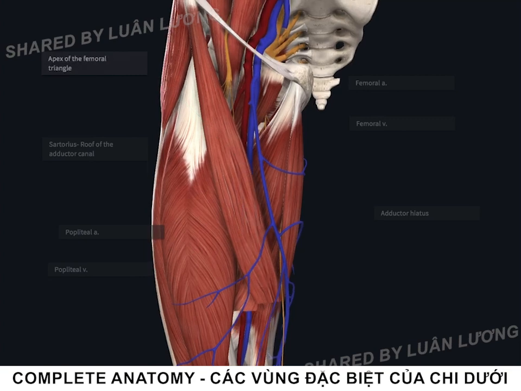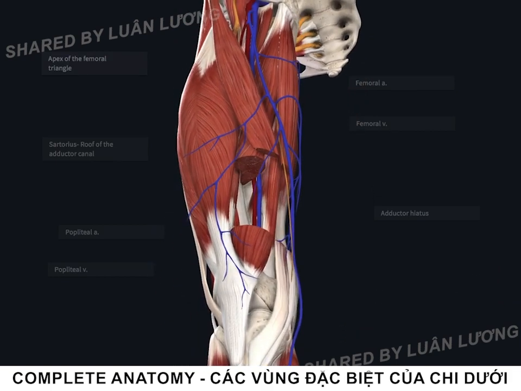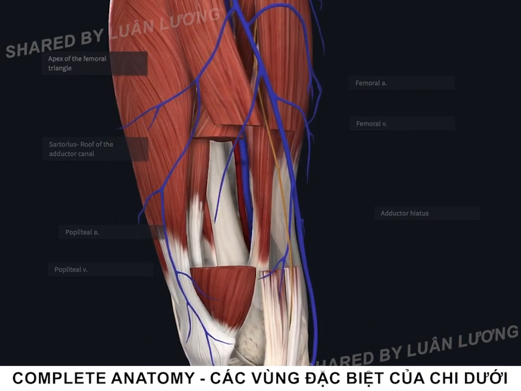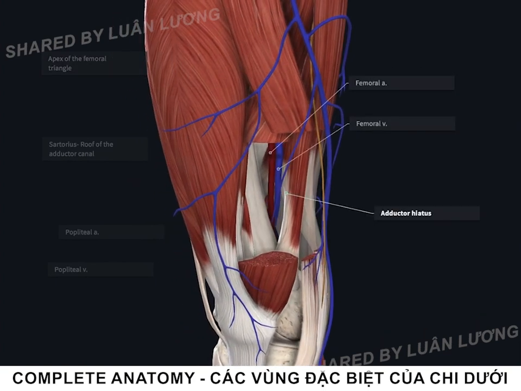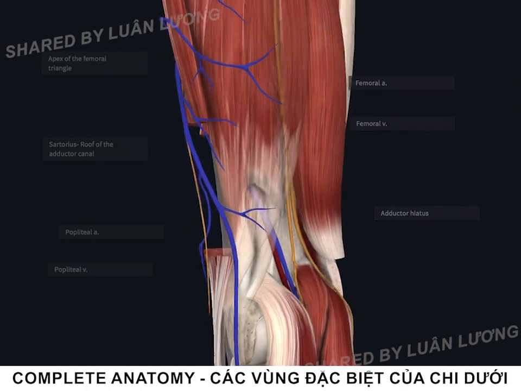So beginning at the apex, passing inferior and deep to the sartorius muscle, these vessels are going to continue until they pass through an opening within the adductor magnus, known as the adductor hiatus. So here we can see that the adductor magnus, a large adductor of our thigh, is going to have two different components. There's going to be the adductor portion, more superiorly and medially, and a hamstring portion that will attach more distally. These two attachments are going to create an arch, or essentially create a window that these vessels can